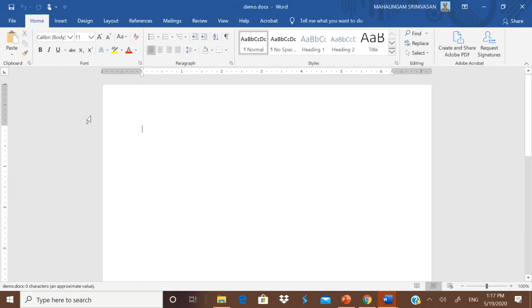Now you might have already opened one Word file for the topic which you have selected. But remember, whenever you open a Word file, the toolbox which you are seeing over here will vary from MS Office version to version, but the way which you are using will be the same in most of the places.